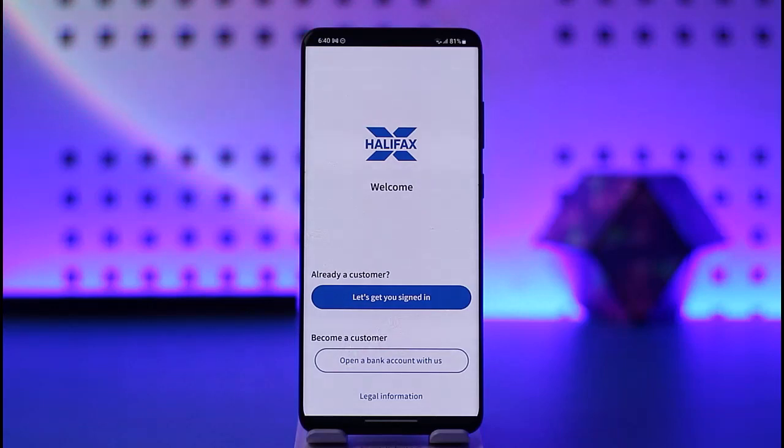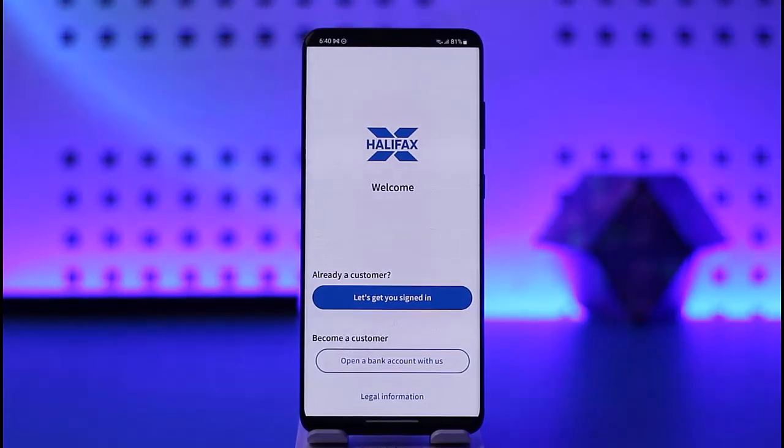For that, what you have to do is first of all access the Halifax app on your mobile, just right over here. Once you have done so, you're going to find this kind of interface, right? So if you would like to create memorable information on Halifax, the thing that you have to make sure